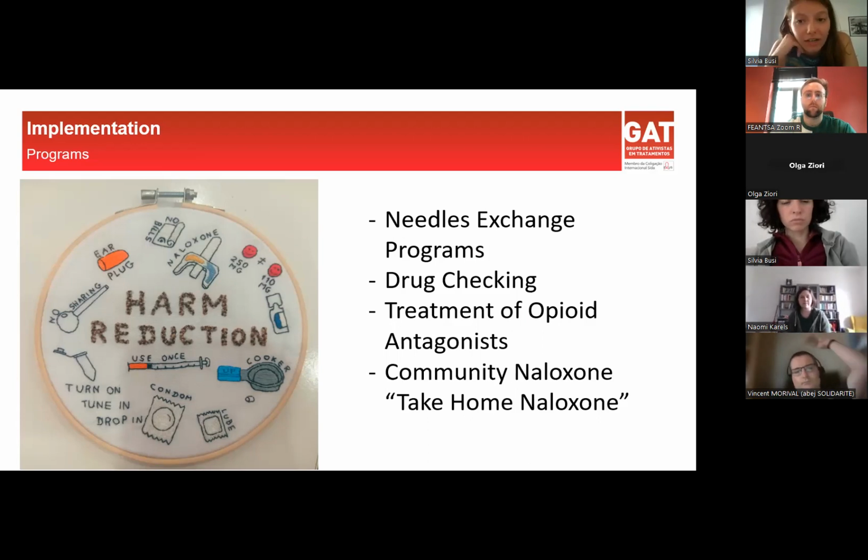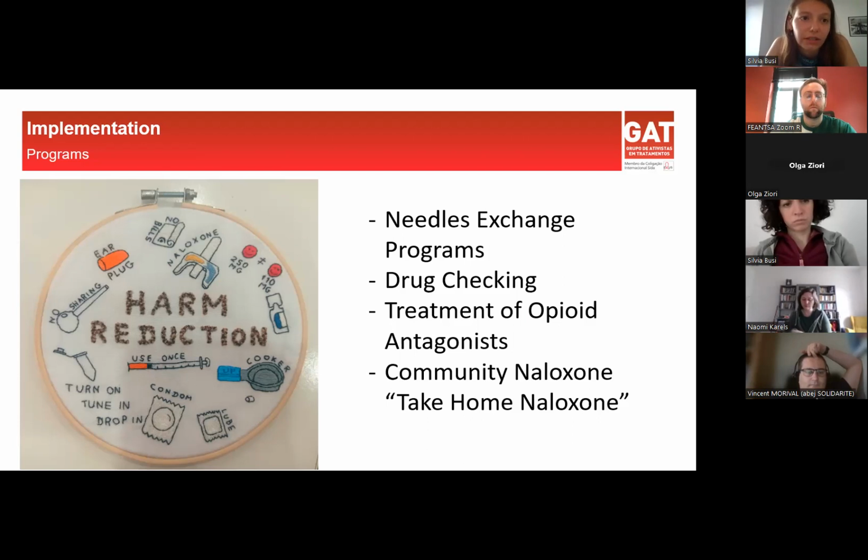We don't provide the drugs yet. Some countries do. Switzerland does it. But it's really important to provide the kits and not ask for money for them, because if you ask for money, people are not going to use them. In Portugal, we are lucky because at least the injection kit is provided by the state. So it's free for the organization.